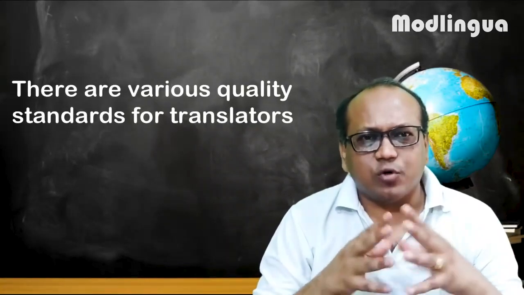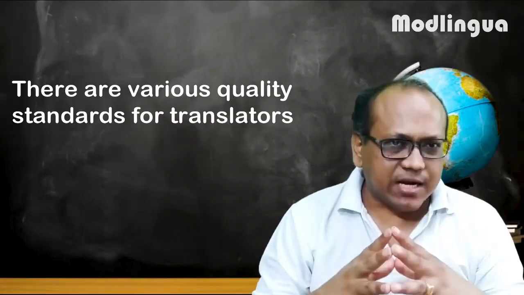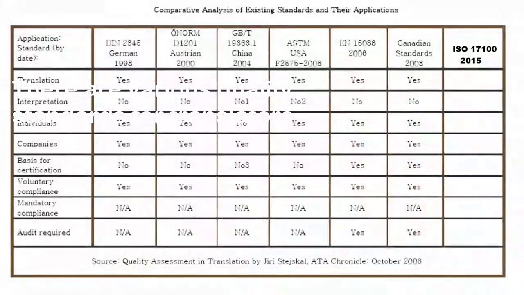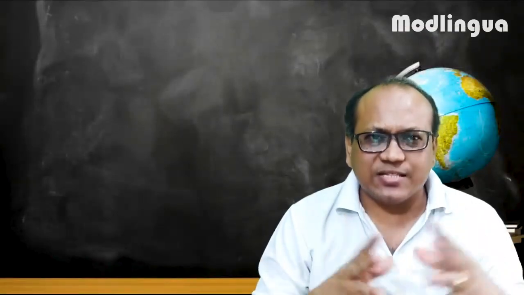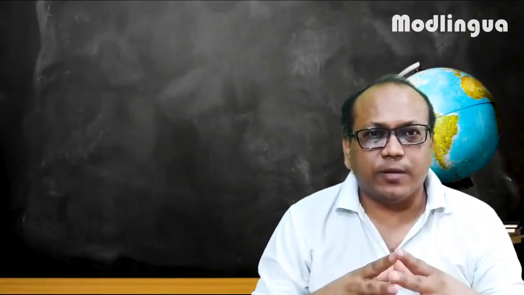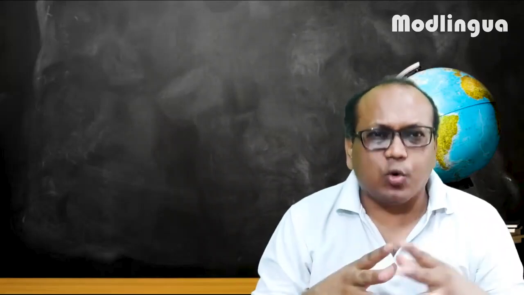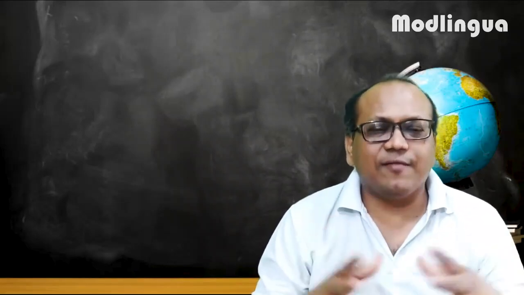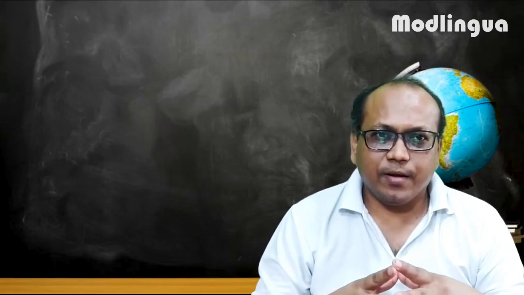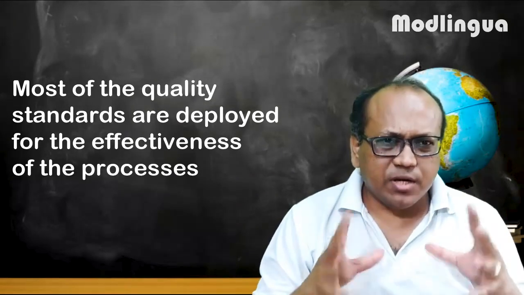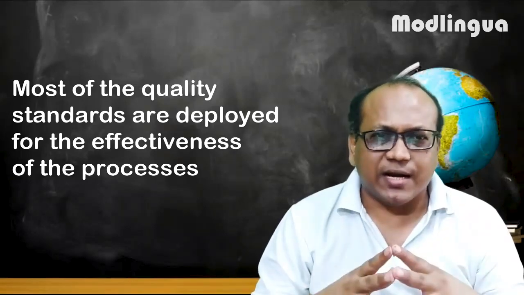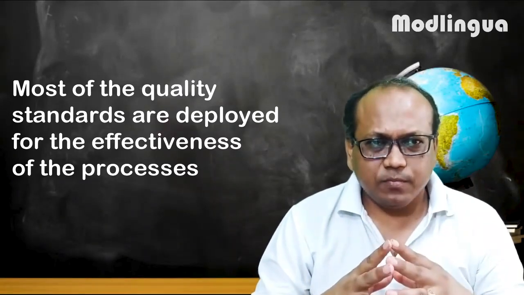And quality standards have also developed over a period of time. They are not static. Please also understand that following quality standards is a recommendation. It is not forcible. It is not law. There are some standards which act as a law. If you agree to follow them and you don't follow them, you run into trouble. But most of these quality standards are deployed for effectiveness of the process. However, there are fewer legalities involved in this, but a better understanding prevails when you apply these standards, because then people know where you are.